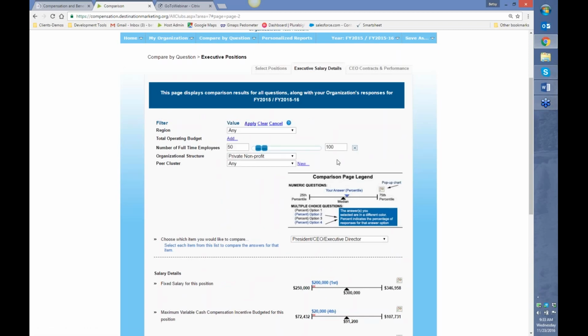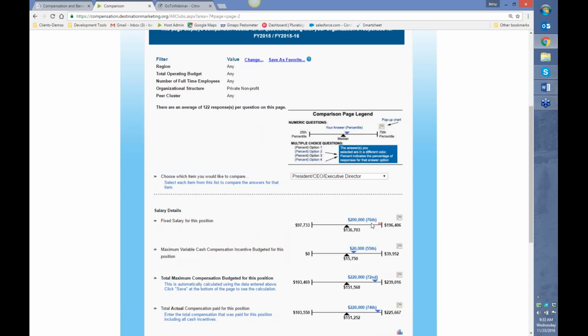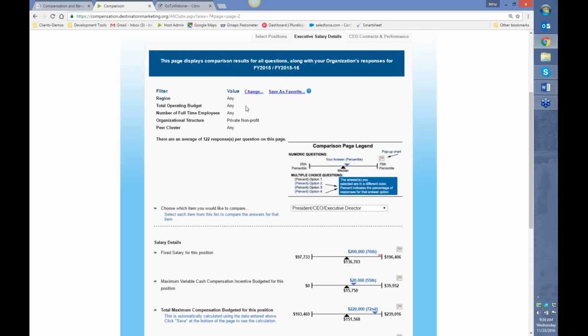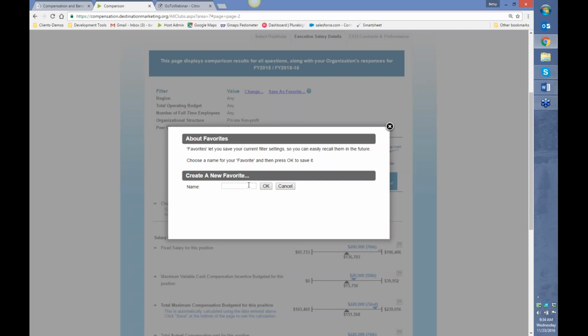It could be that maybe it's just private nonprofit, in which case you can just compare on that, and you can see again how the data changes dramatically when you're selecting various subsets of data and subsets of DMOs based on these filter criteria. If at any point in time you have some filter settings that you like and want to be able to repeat, you can click Save as Favorite, save,